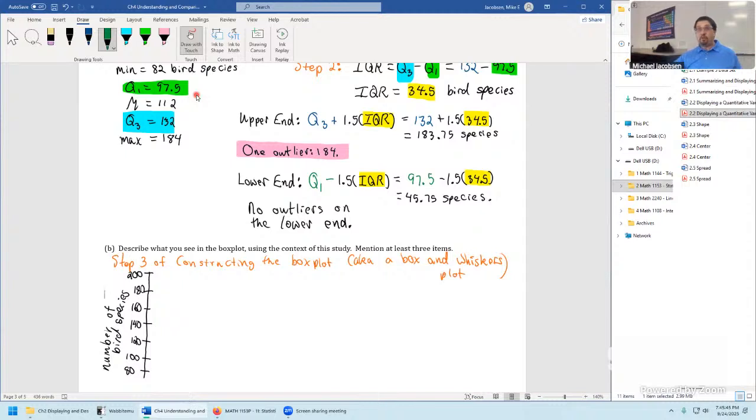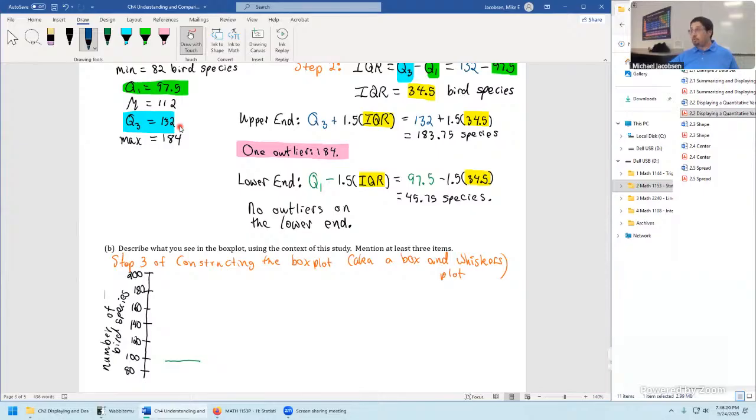It's going to be at 97.5, and we draw it as a horizontal strip, vertical if your plot is flipped. So 97.5, our scale isn't great, but that'd be just below 100. It's a little bit blunt because we didn't go by tens. So just put it in the right neighborhood and you'd get full credit. You don't have to plot this like a robot. So about there, that's meant to be just barely below 100. Looks pretty close, but I'll go with that. So that green line now just refers to lower quartile.